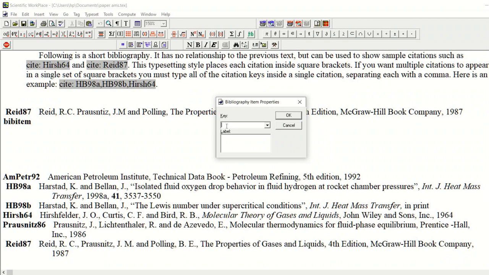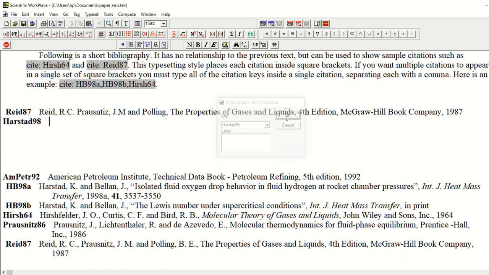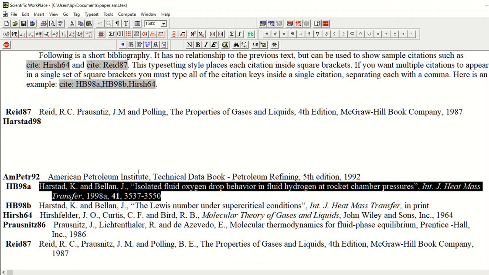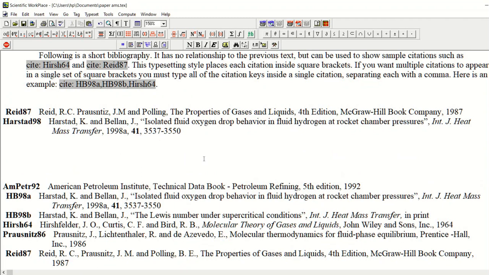So I assign the key Harstad98 and press OK. The key is assigned to the second reference and we can write the information of the second reference here. So in this way the bibliography list is arranged.